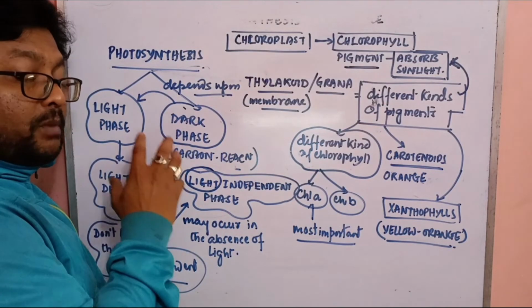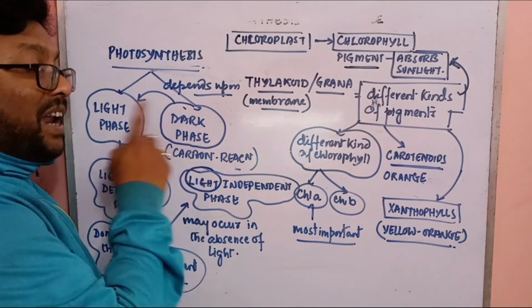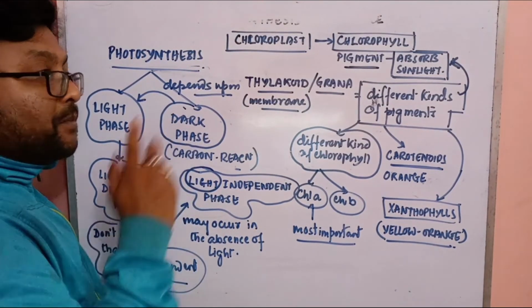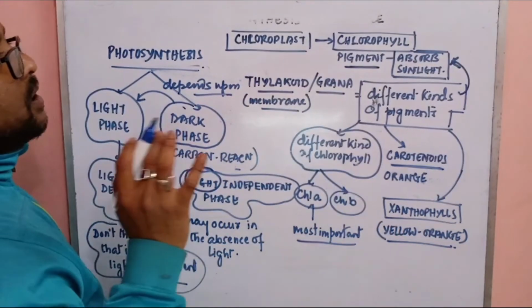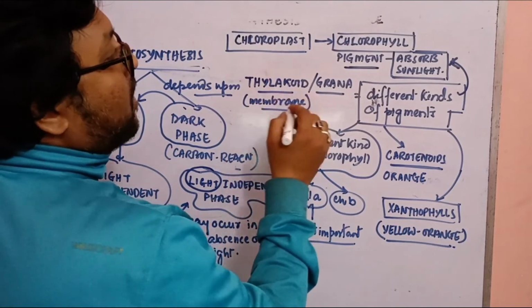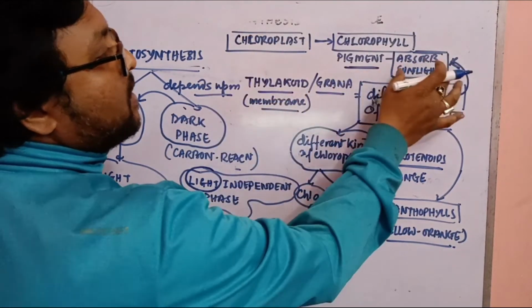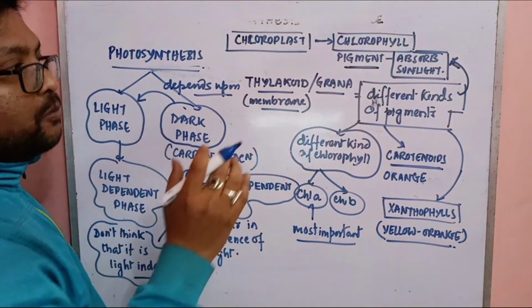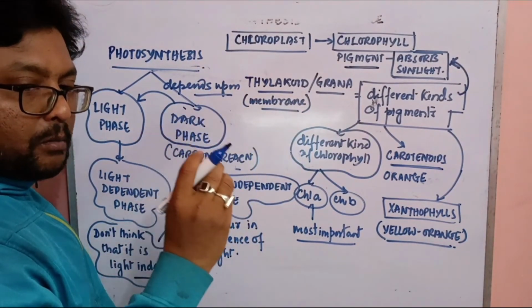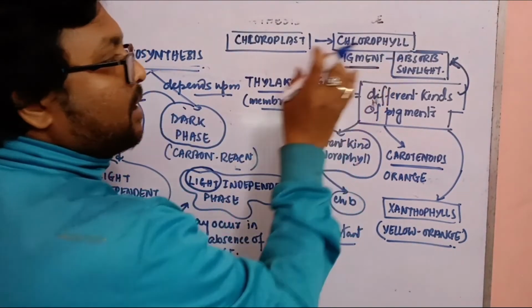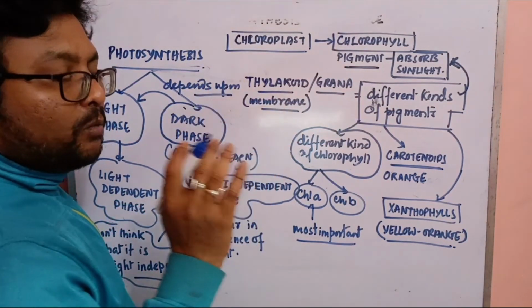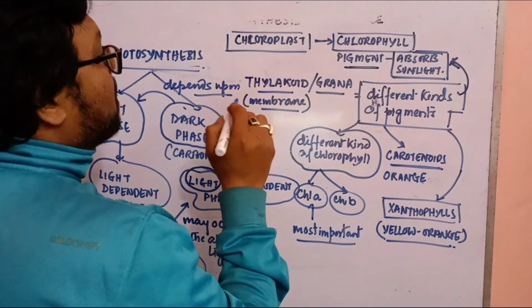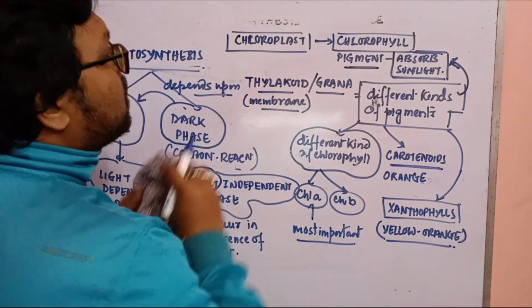The light phase needs light, and the dark phase depends on the light phase. Anyway, what is the function of this thylakoid? Basically it absorbs sunlight, and which molecules absorb sunlight? Basically the pigment molecules absorb sunlight. So basically we can say that within the thylakoid, this light phase,